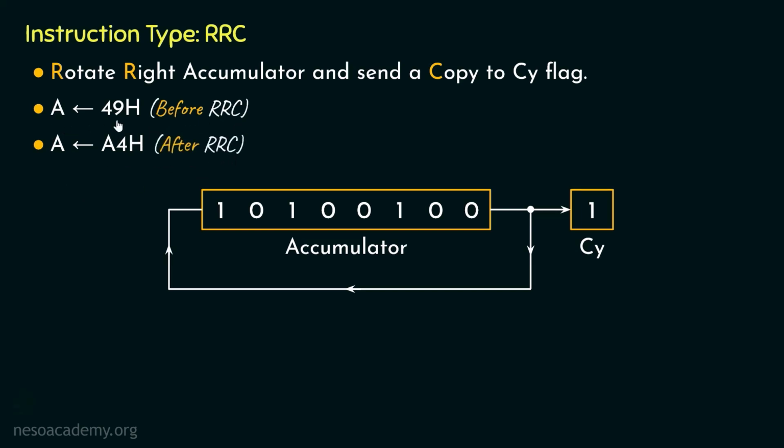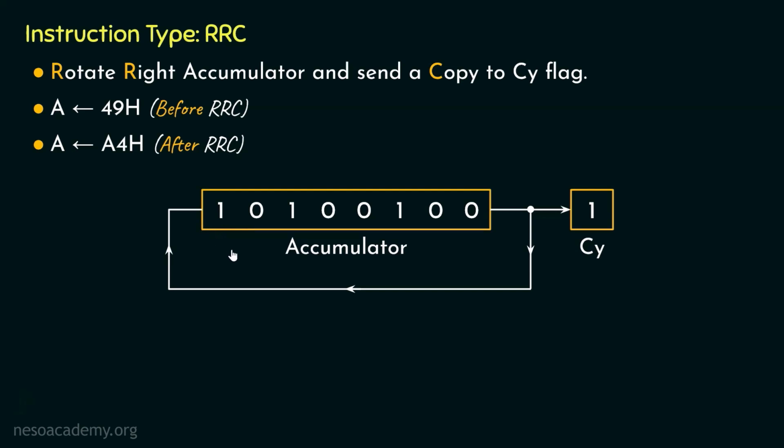Is A4 half of 49? Well, no. Rather, A4 happens to be a much bigger value than 49. So did we do something wrong in here? Well, not really. When we are shifting the bits towards the right, do remember we are also replacing the most significant bit. So if the most significant bit, which was previously 0, now becomes 1,